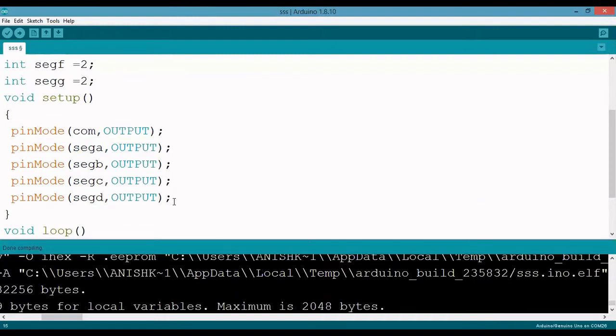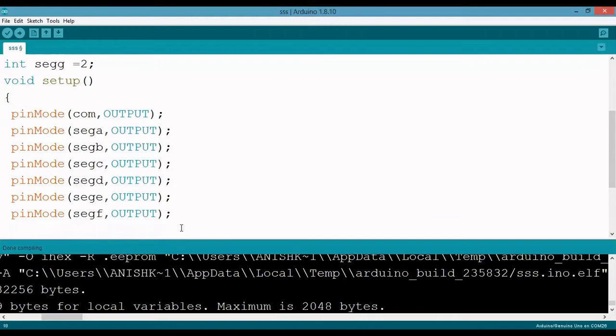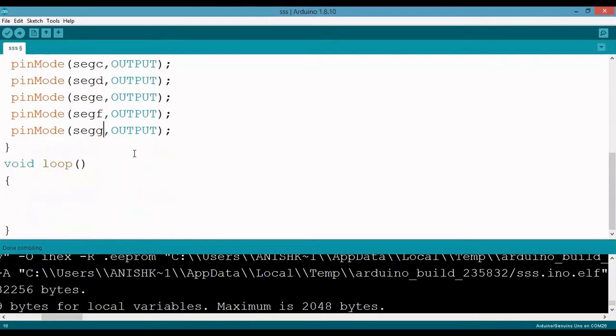If you write INPUT here, it will act as an input pin. So the 8 pins we have initialized as output pins.